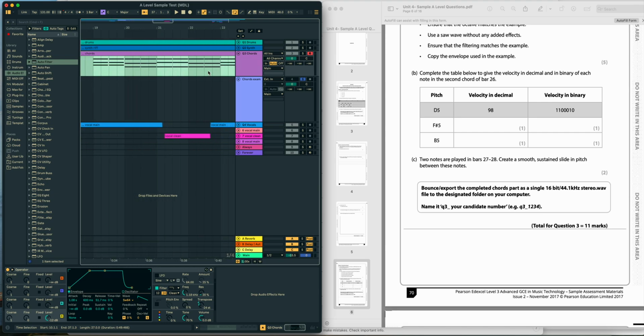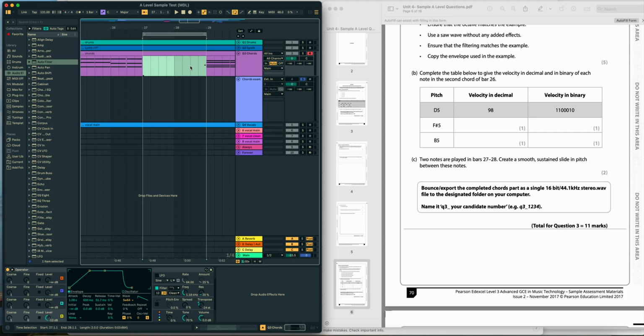So I'll just go up into bars 27 through 28. Here are the two notes. I'm going to highlight and I'm going to loop that. So either right click in this and select loop or Command L. Now that I know exactly where they want me to focus on this, I'm going to open up my editor,